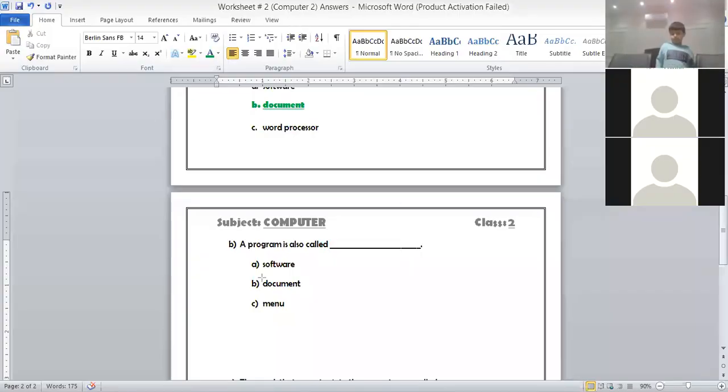So, question number 3. Mohammad Farooq, what is the answer, Mohammad Farooq? Are you there? Umar Shahir. Umar, are you there? Yes, sir. So, what is the answer for this question?